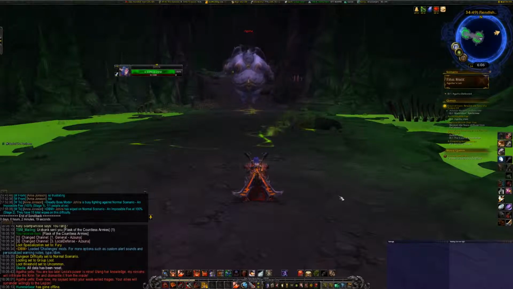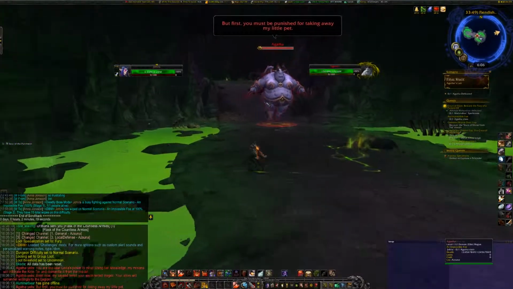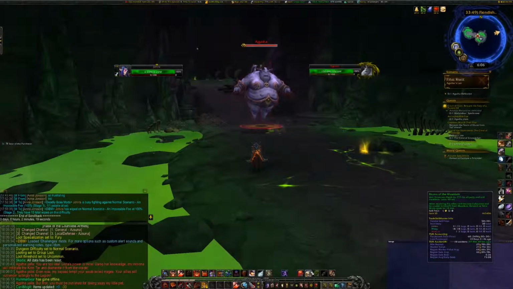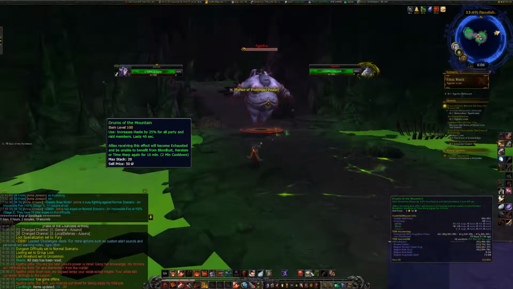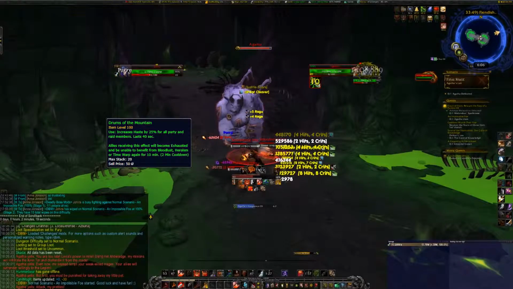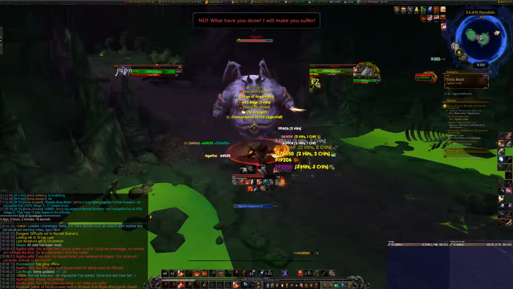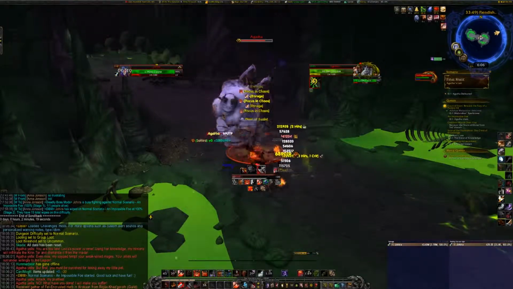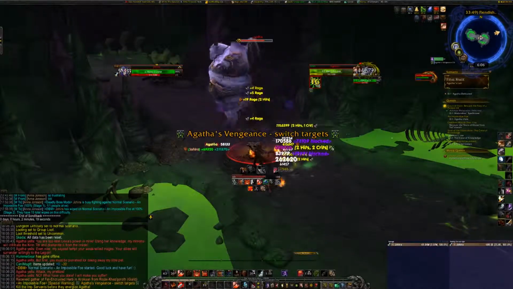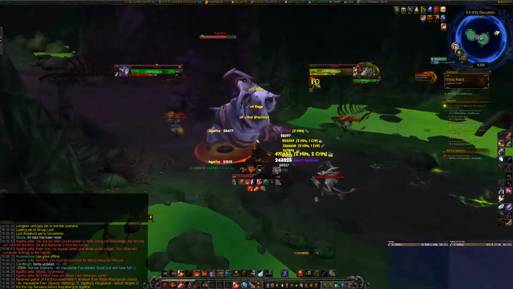But okay, so what I'm going to do is get all my flasks and food and all that stuff ready. I'm going to pre-pot when she's started doing all of her talking, blah blah. I'm then going to charge in, and I'm going to hit drums straight away. Now, most of the guides were saying to use drums after she teleports the first time, and I changed from that because I wasn't getting very much active time out of it, because obviously you want to try and stack your cooldowns as much as you can,